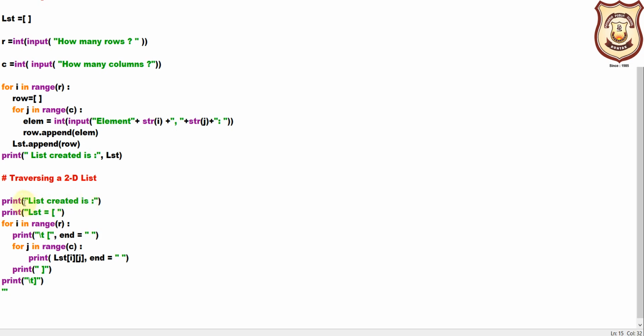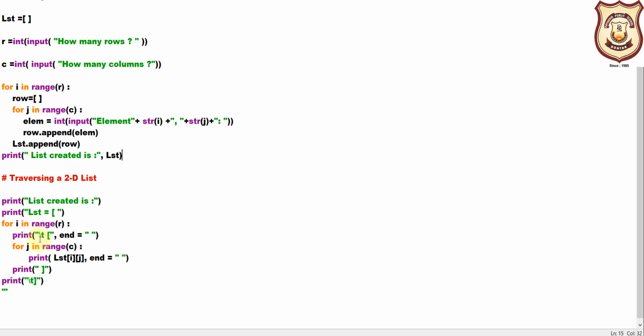It will print "list created is this". Once the list has been entered, we are going to print it with the help of the traversal technique. So it will print list, and this type of square bracket will come. Then, like we entered using nesting of for loops, we will use the same concept to print the elements also.